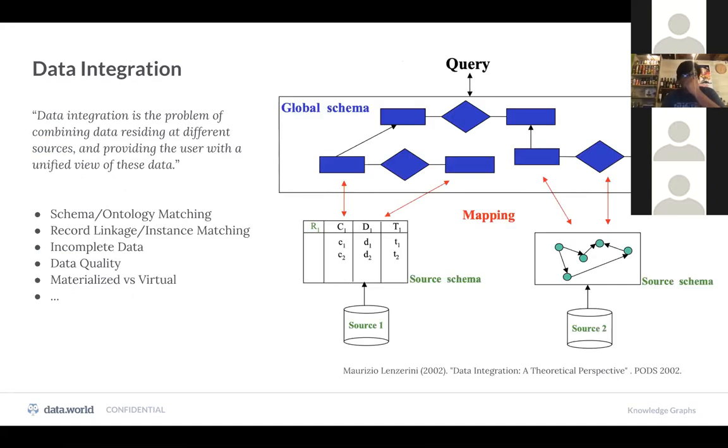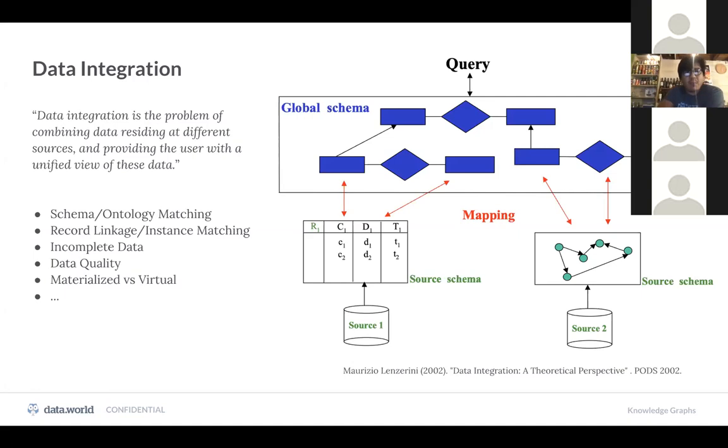So what is data integration? If we go back in history, I think a lot of the work in data integration started around the 90s, the active work around the 90s, all the big projects. I mean, Tsimmis in Stanford, right? InfoSleuth, SIMS at USC and so forth. During the early 2000s, I think the academics, the database theoreticians started to get involved. And this is Maurizio Lenzerini's seminal paper at PODS, where they're starting to understand data integration from a theoretical perspective. And I really love this definition, right?